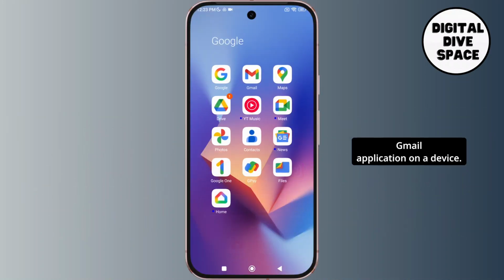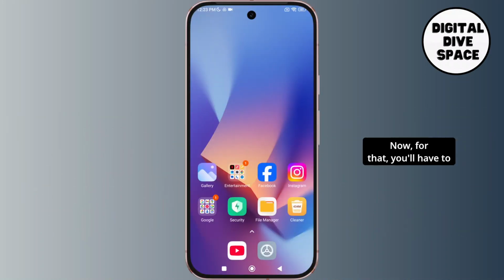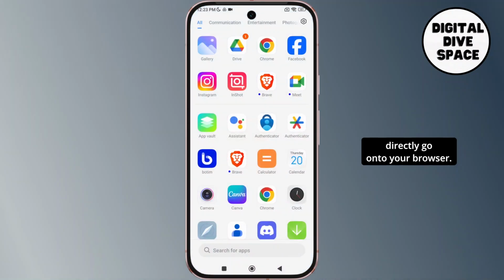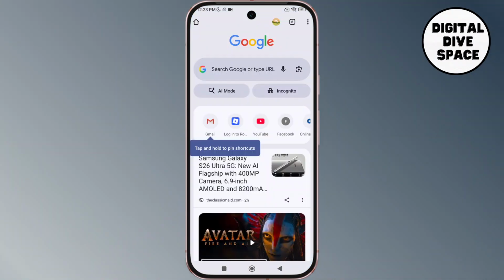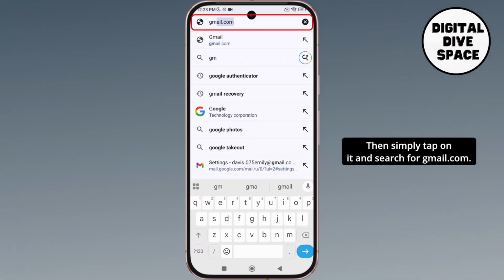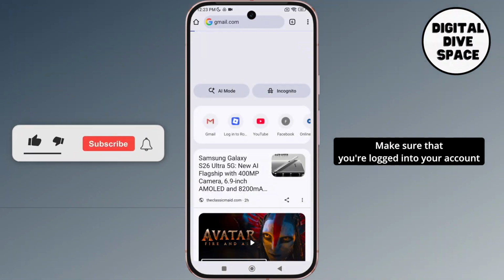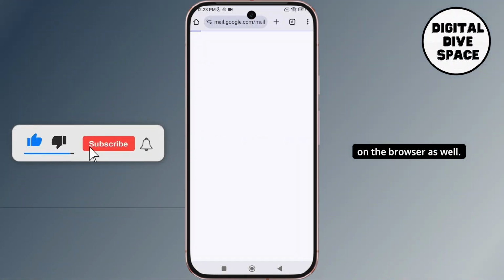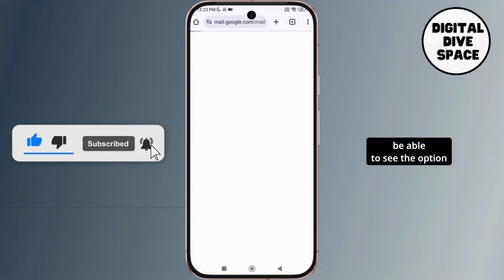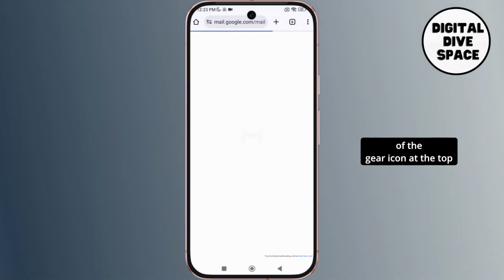Now first of all, on the Gmail application on a device. For that, you'll have to directly go onto your browser. I'm using Google Chrome. You can use any browser for that matter. Then simply tap on it and search for gmail.com. Make sure that you're logged into your account on the browser as well. As you do that, you'll be able to see the option of the gear icon at the top right corner